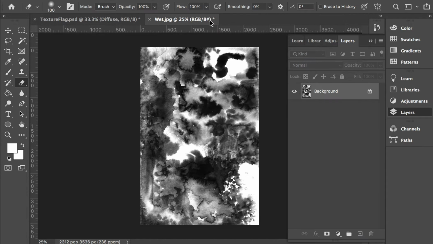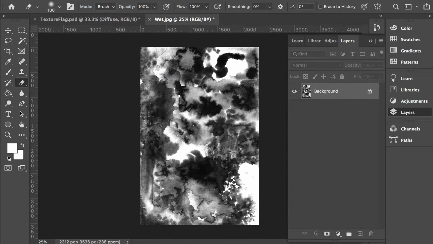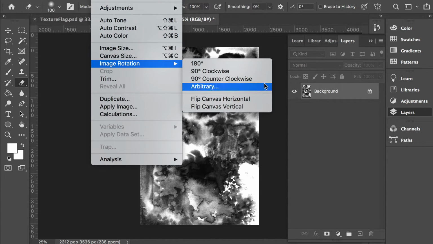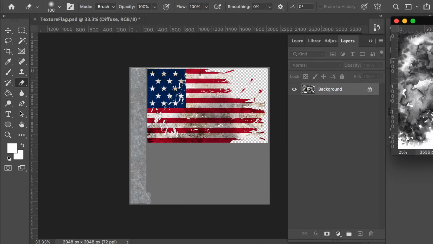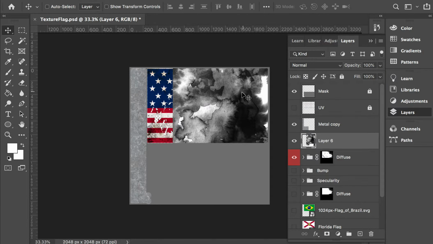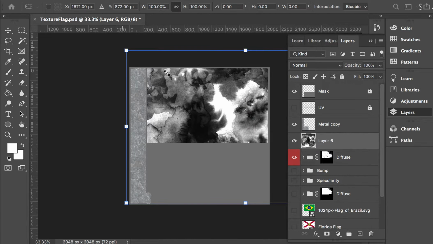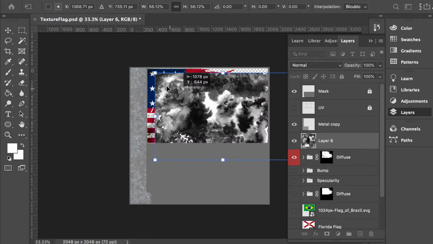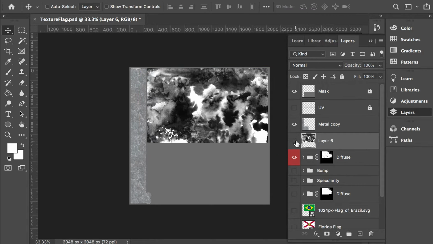Alright, click on OK, and then go to Image, Image Rotation, and 90 degrees clockwise. Alright, and then we can bring this image into our composition, and then Command T for free transform, and we can make it smaller. Okay, so we can frame it here. Alright, so we'll use this map